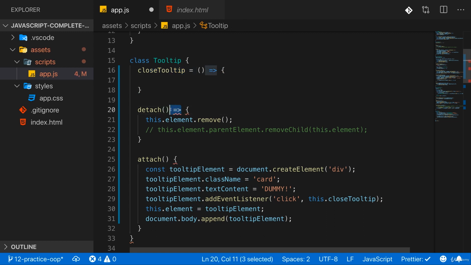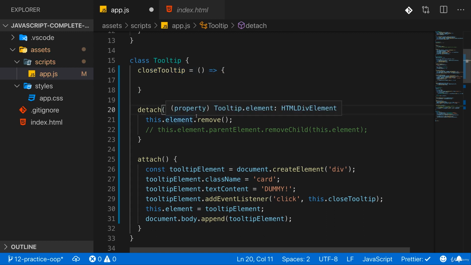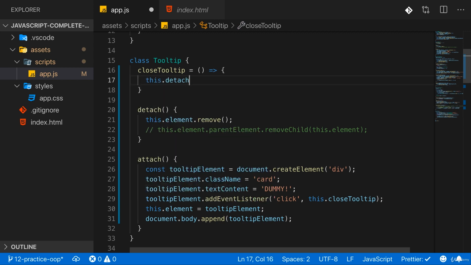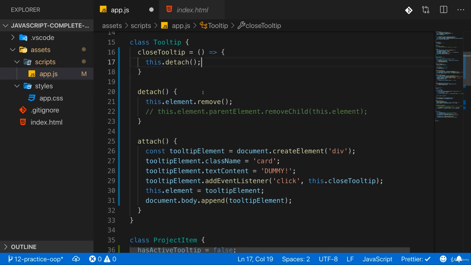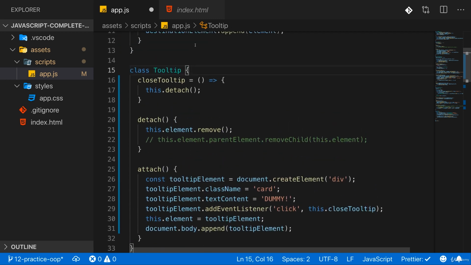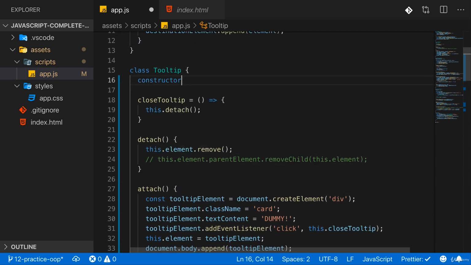This detach method can now be converted to a normal method. Because here I would now want to call this detach, and therefore this inside of detach will now refer to the correct thing, because I'm calling this now in an arrow function. But here, besides doing that, I also want to call a method which I also receive here through the constructor,